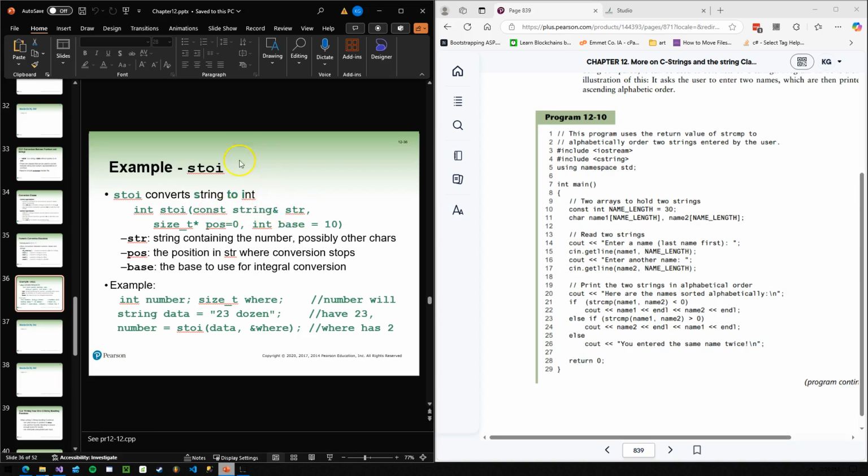Here's the inputs that it needs. It wants a const string reference, so an address of a string, a pointer to a size_t position initialized to 0, and whatever the base is. So here's an explanation. First of all, the string containing the number and possibly other characters, the position in the string where the conversion stops, and the base to use for integer conversion. Here's an example